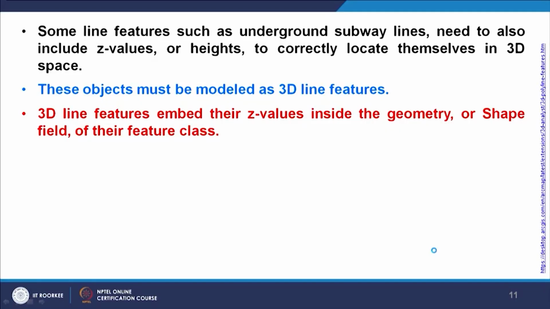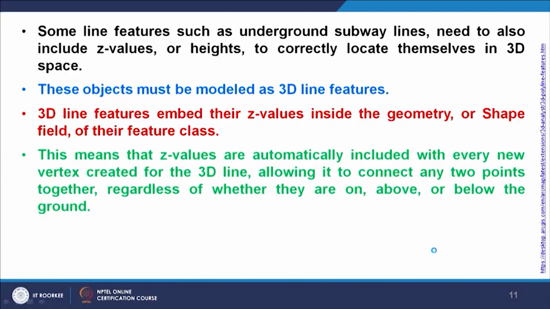So, 3D features embed their Z values inside the geometry or a space field, and in software you will find 3D line. 3D lines does not mean that you can measure the area of a line, not at all. 3D lines means it is also having a Z value in it, and if it is not, it can be attached by bringing a digital elevation model or topographic surface below, then collecting information about the Z value and putting it in the attribute table. So, either you can do it automatically, or later on it can also be added